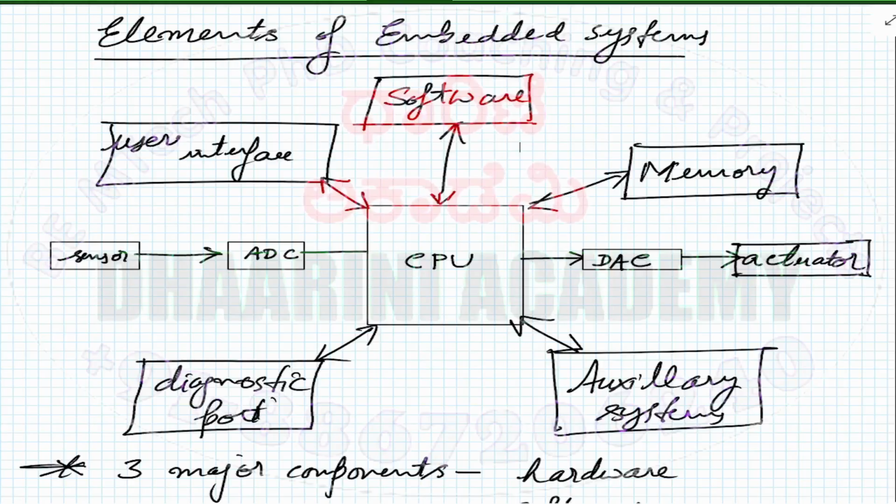If a user wants to have access to the embedded system, the user is going to use the GUI or the user interface. Normally it will be graphics oriented, so that there are some buttons so that the user can press them, right? The user can enter some variables, values, etc. So there is software to control the user side as well as the hardware side.